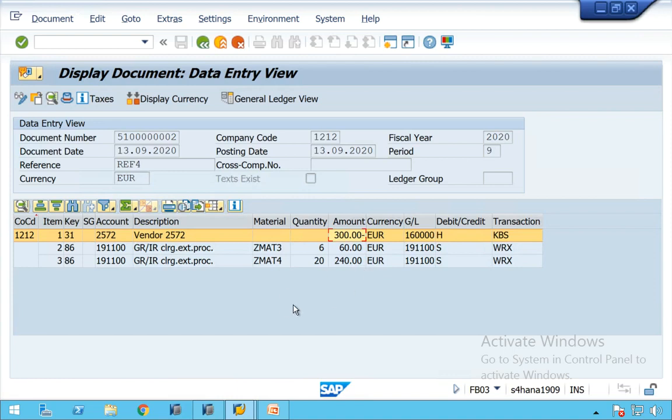Now this invoice is done in which department? Logistics invoice verification, that is in SAP MM, correct? Now what is the next step? Next will be financial accounting, which is nothing but the payment program, correct? You have to run the payment program for supplier 2572 for 300 euros. Who will do that? The financial accounting clerk will do it in real-time business. Okay, all right.